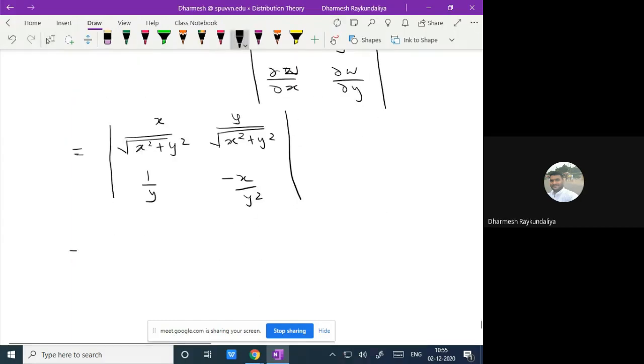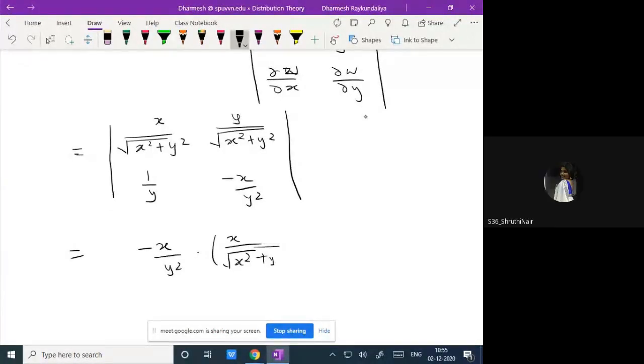So if you find out this, it is minus X upon Y square into... Sir, some students are not able to join. They came late, what can we do? Tell them to join. Okay, sir. That is why I have kept the mobile also on, the request should come, right? Okay.